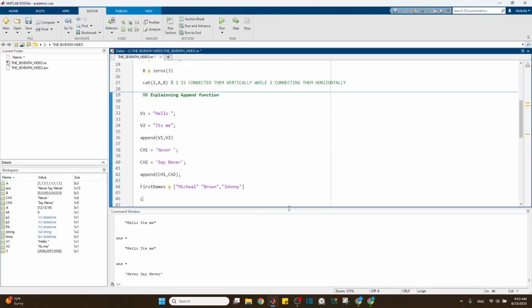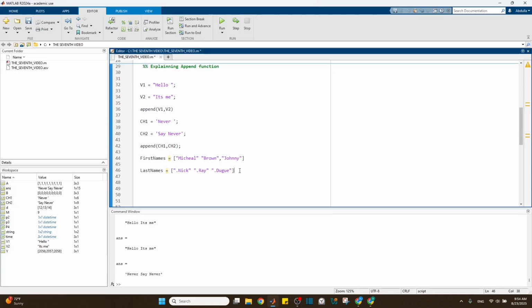Let's create last names. I want a first name dot last name. So let's press dot and write the last name, something like Neck. Same concept. Dot Ray maybe. Dot Duke. It's, I think, a Spanish name, I do believe. Okay, and then